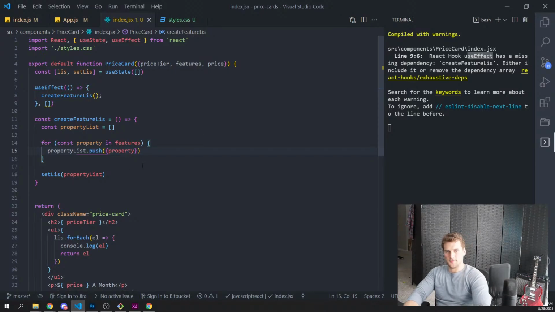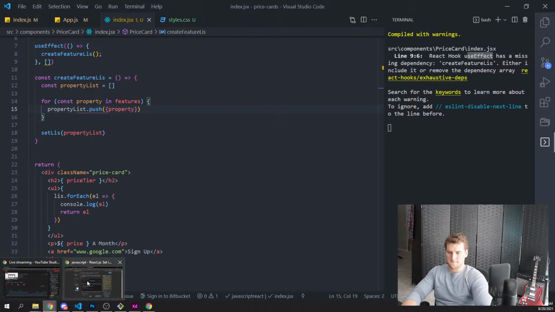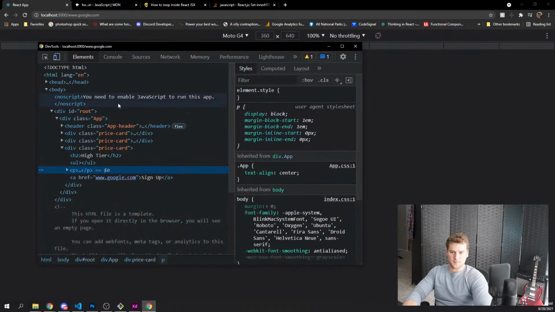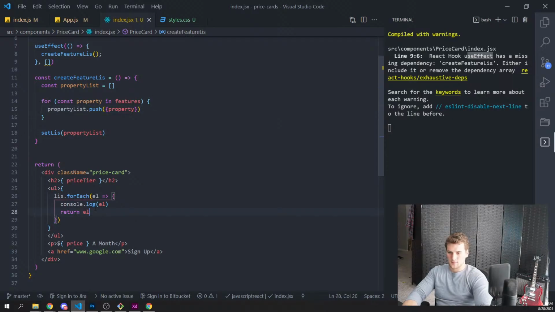But then how are we going to know if it's enabled or not anymore? And then in here, we want to return an li with L inside of it.